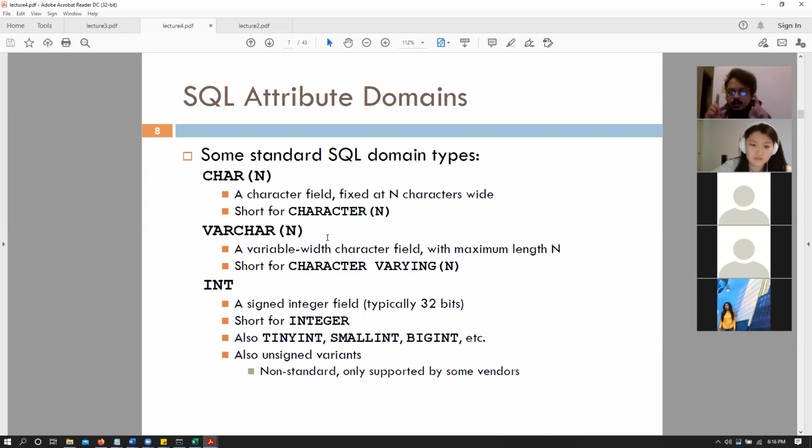Varchar, on the other hand, would make sure that New York is 8 characters, so it would only save 8 characters for that particular value, and it won't use the entirety of those 20 characters. That saves us a lot of memory. However, consider this and remember this from your programming classes. Char n basically means that we have a fixed size of n characters. However, varchar n means that it can be of variable length, but with a maximum length of n.